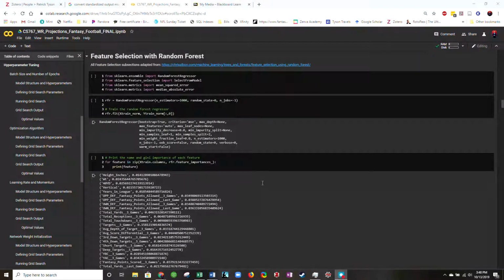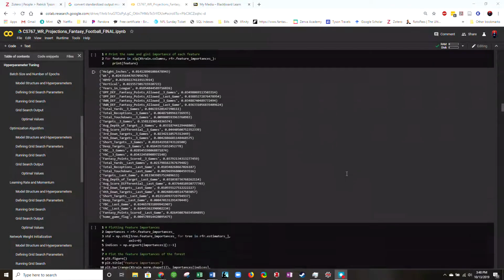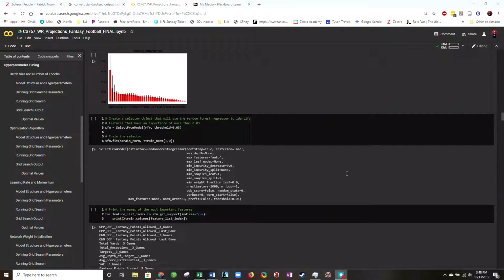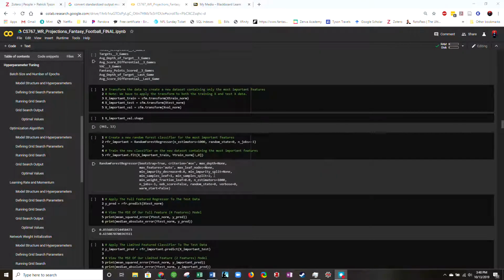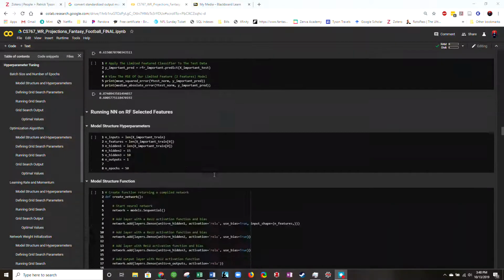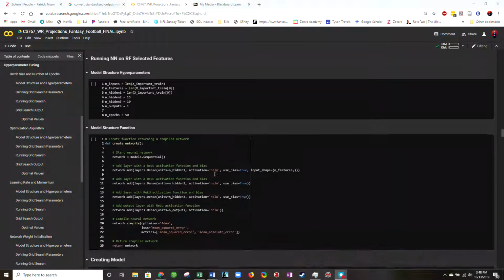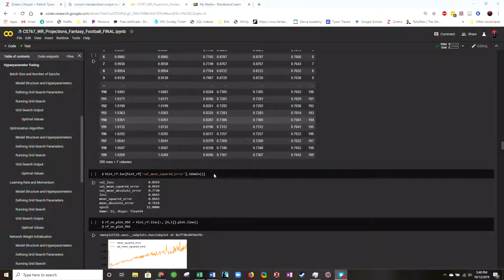The first improvement I attempted was feature selection, and I used my second technology, random forests, to identify the 13 most important predictors. Now, with those 13 predictors, I reran my neural network on the limited data set and achieved a mean squared error of 0.8919. But that was not really enough of a drop to warrant losing 2/3 of my training data, so I chose not to move forward with the limited feature data set.